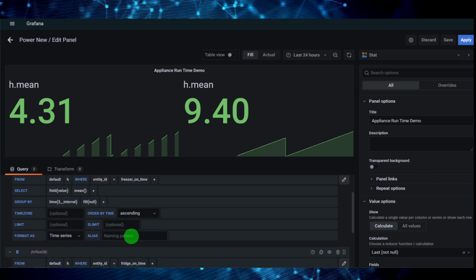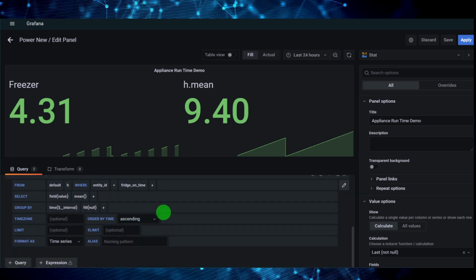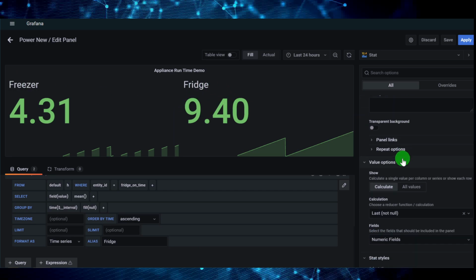Now, one thing you want to make sure you do is put down here what this is. So this is freezer, and this is fridge. So it gives it a meaningful title. And so now you see a freezer and you have fridge. We can do a whole bunch of stuff over here. And if you want to get into detail on some of the Grafana stuff, look at my Grafana videos, but